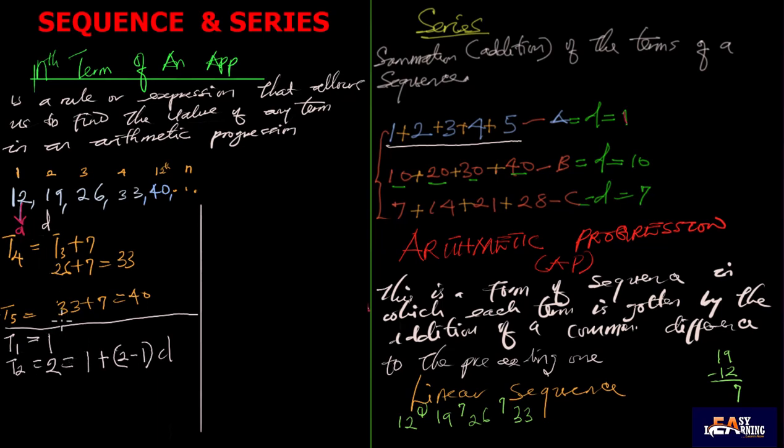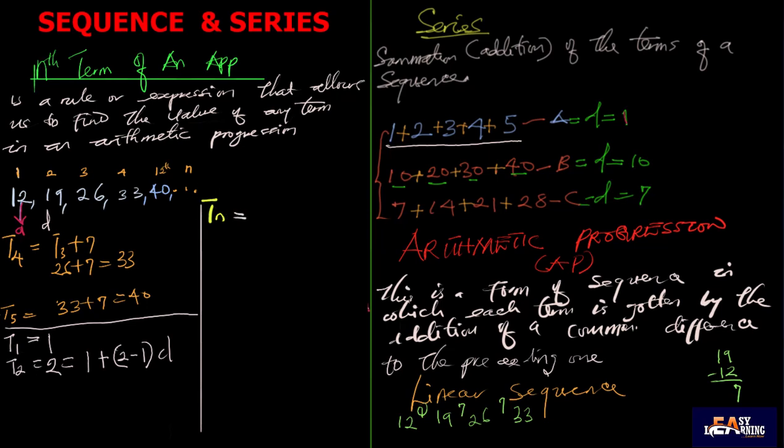I'm just going to go straight up so that we can have the formula for it. Now, the formula that we use to know the nth term of an AP is equal